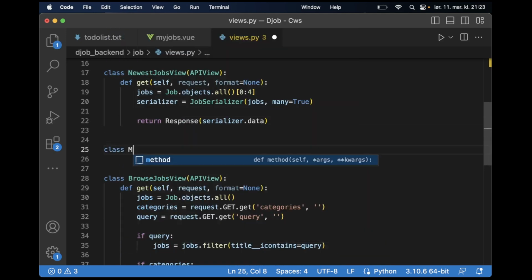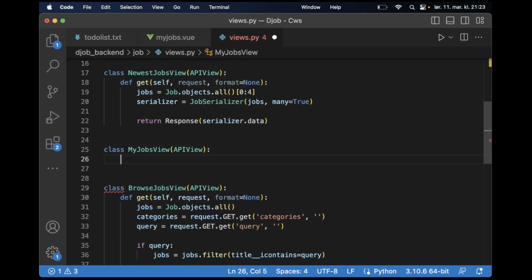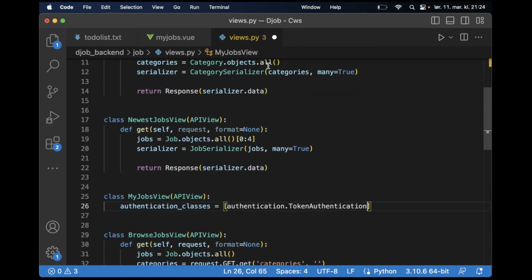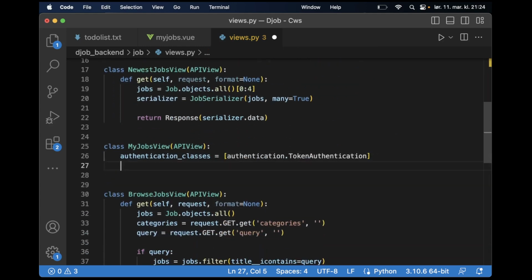So class MyJobsView, APIView. And here I want to set up the authentication classes because you need to be authenticated to get this data. So authentication_classes equals authentication.TokenAuthentication. So now I'm pointing to the things you imported up there, and we also need to set permission